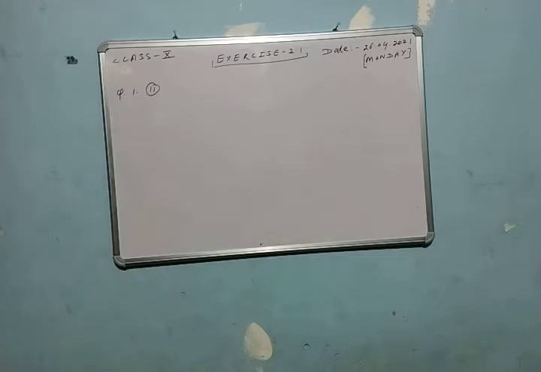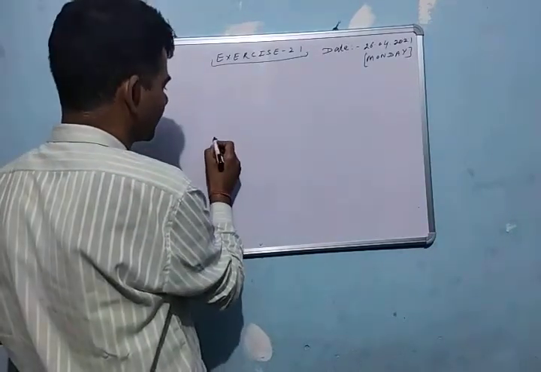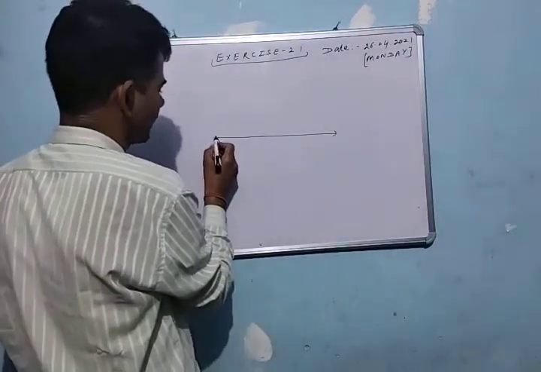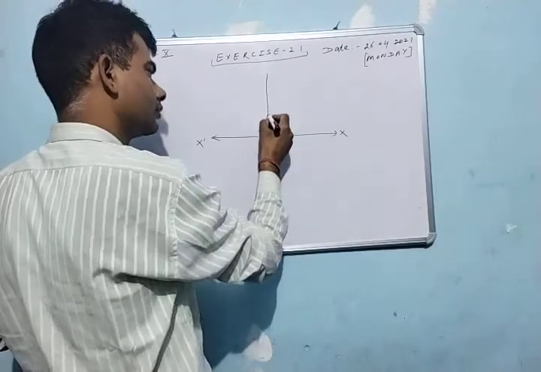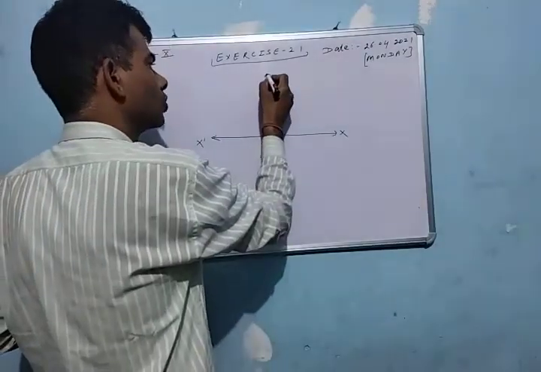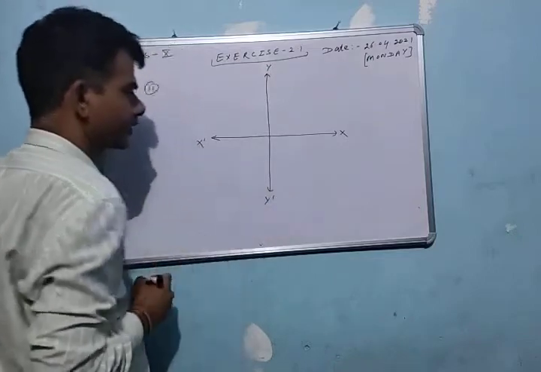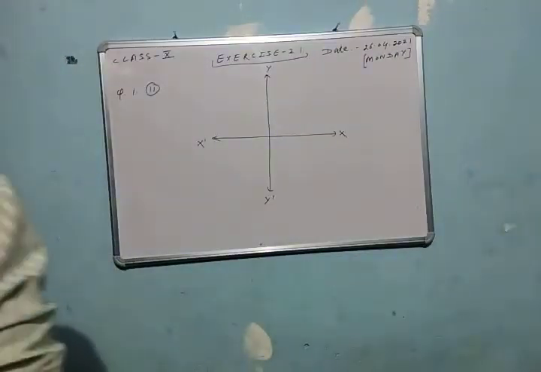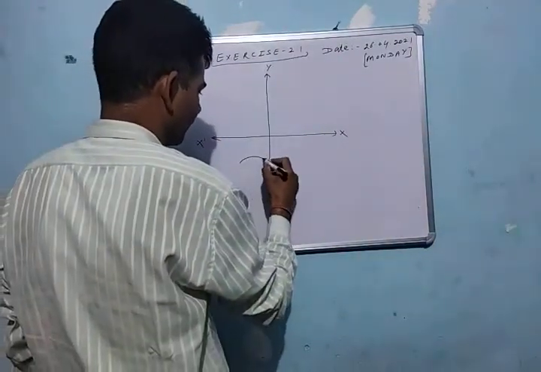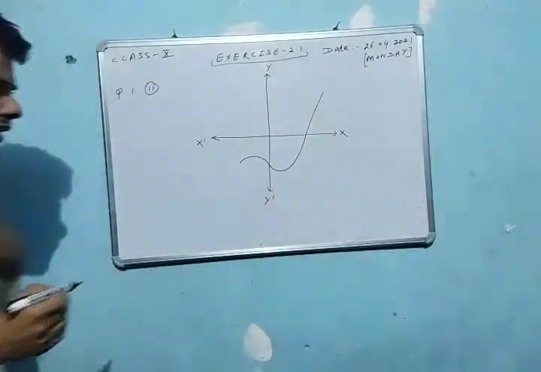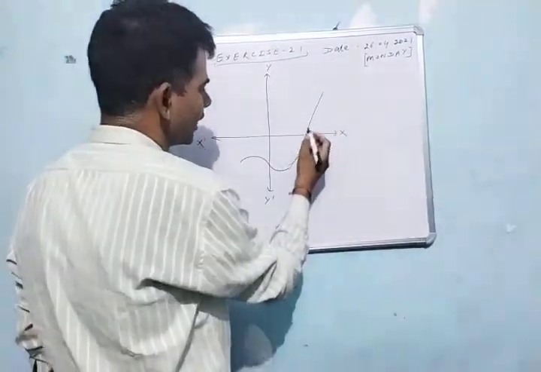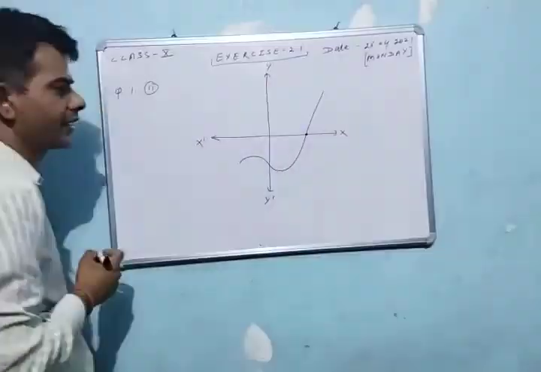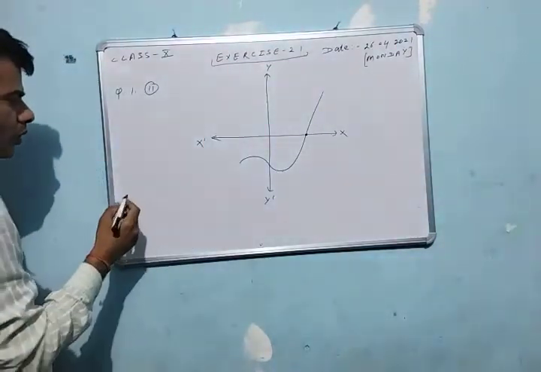Yes, students. Now question number 1, second part. The given Cartesian plane is X, X dash, and Y, Y dash. Now students, the graph is such that, in this graph we are observing that this graph intersects the x-axis at one point. So the number of zeros